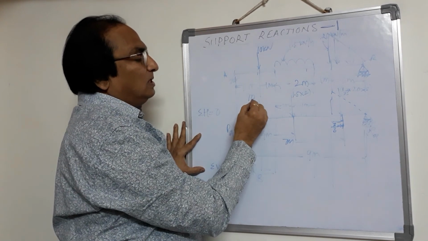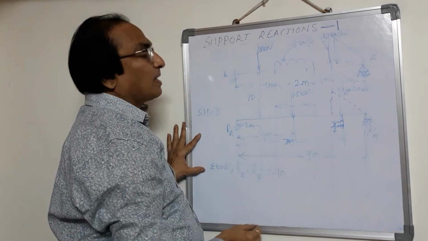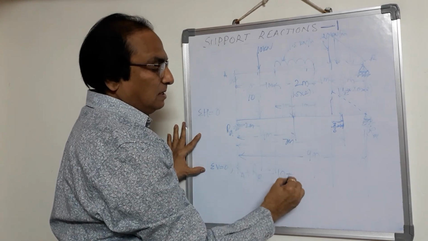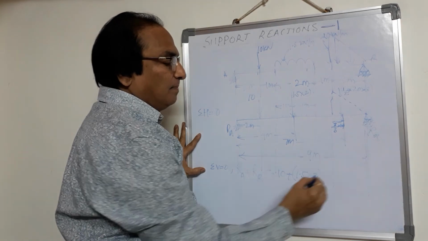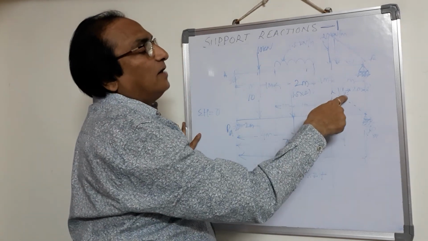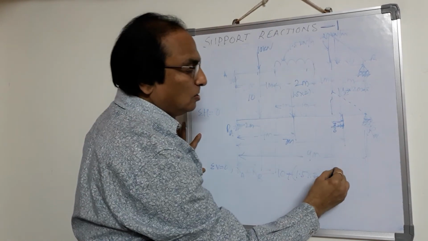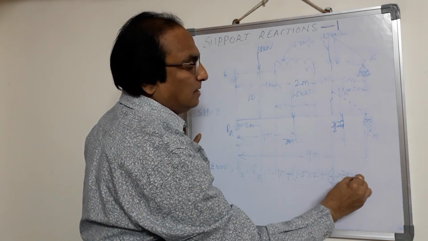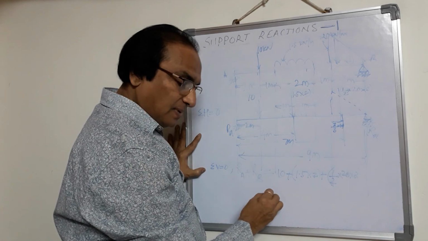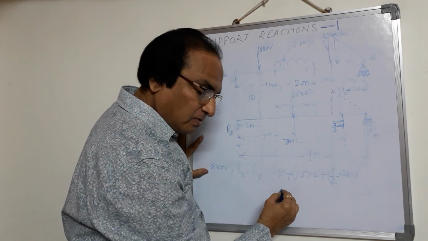One downward load is 10. The second downward load is 1.5 into 2, the total load, plus the third load, which is half into base into height, the total load. So you get RA plus RB will be equal to 4